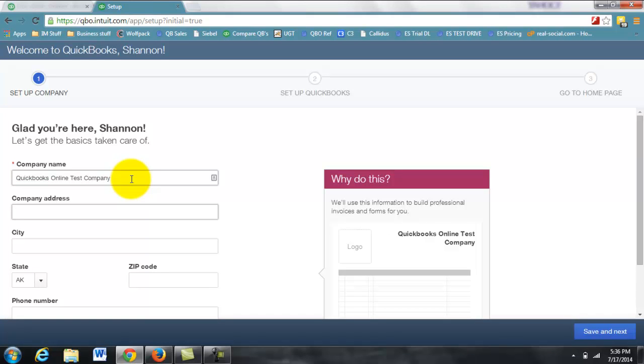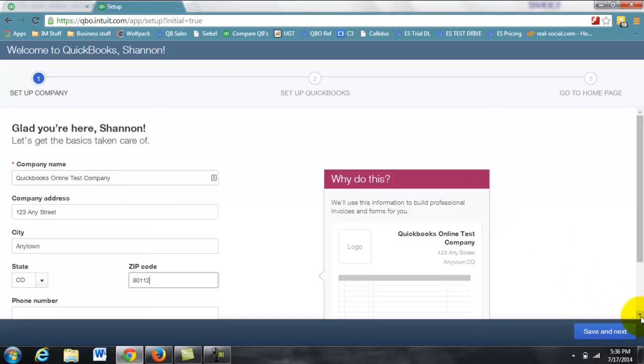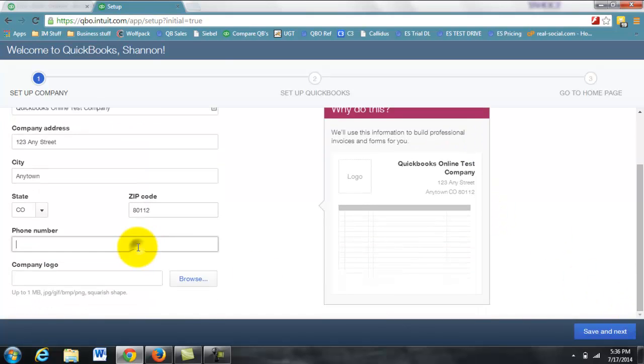What I want to start out is just go over some brief information here of what to fill out in the beginning. We're going to cover a few things here. Obviously, company name, address, phone number. Most of you folks will already have that in there. So just to make sure and verify, one thing I will let you know right now is the phone number will require you to put in the dashes. So if you have a phone number in there and it's giving you a red error,